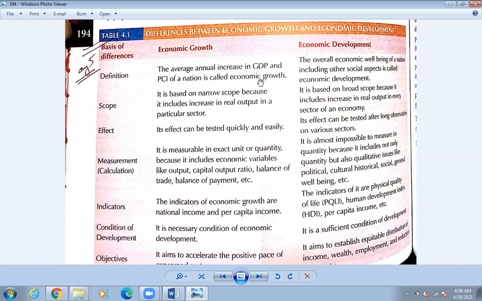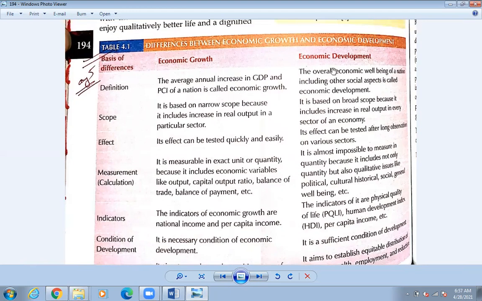the nation is called economic growth. Okay, so how much is the production in the country increasing, how much is the income of Nepal increasing, that is called economic growth. Okay, so it increases little by little. It doesn't increase all at once. That's why it's the average annual increase, how much GDP and PCI are increasing in the country, that is called economic growth. Okay, so whereas economic development means the overall economic well-being of